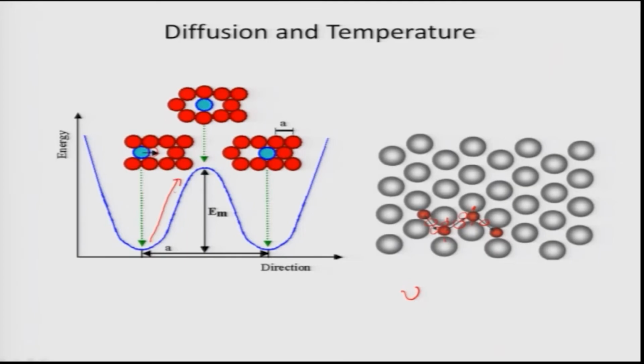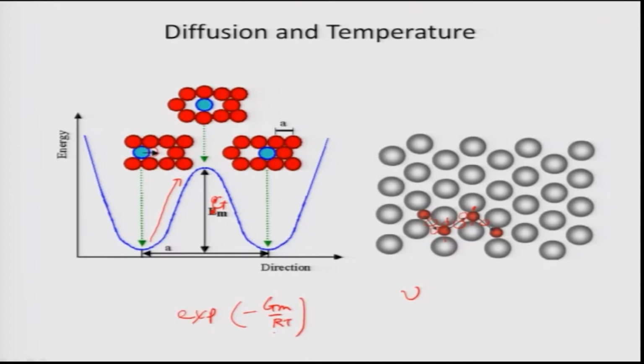As this barrier height, let us write G, is Gm, the probability of the number of atoms which have sufficient energy to cross over this barrier will be this,